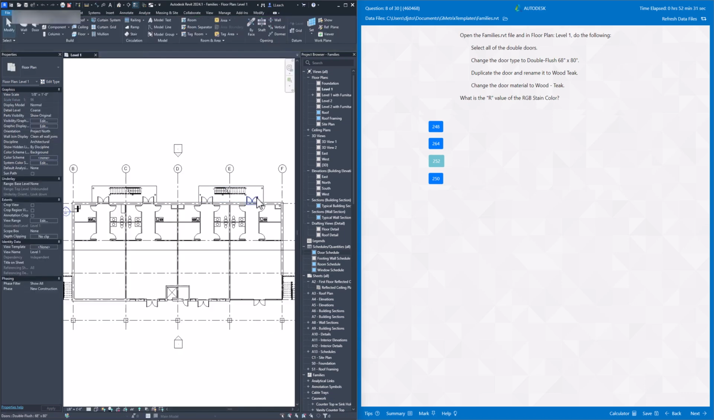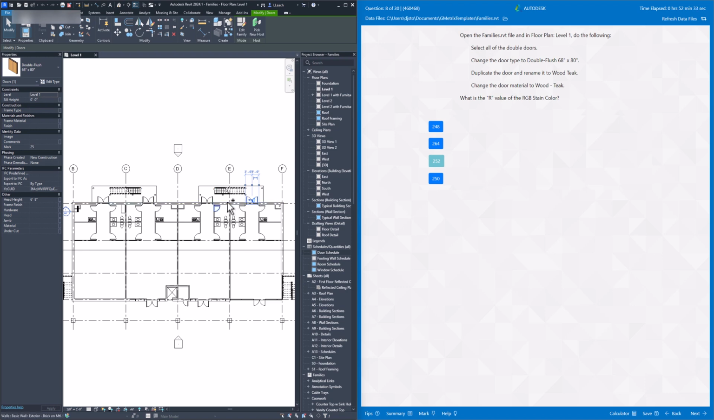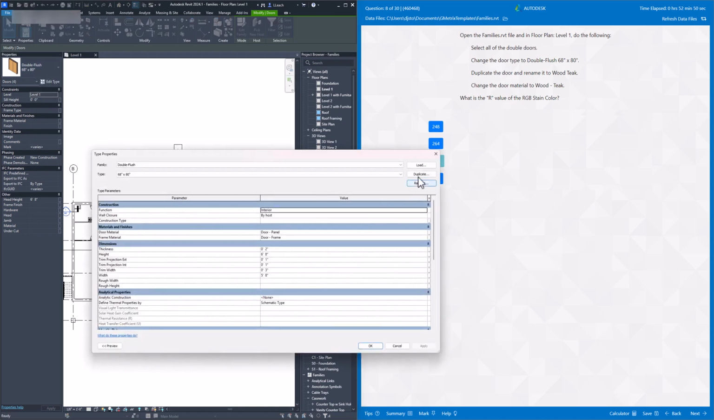So I'm going to click this double door, select it, hit Control. Really, that's all you need to do. And then it says change the door type to double flush 68 by 80, which it already is, right? But then we're going to duplicate the door. So I'm going to go to Edit Type, Duplicate,